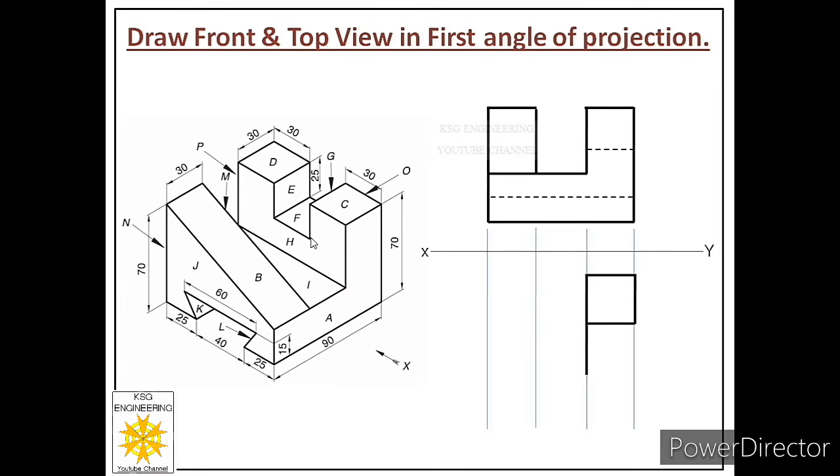And from this point we have to move towards the right to complete this hidden edge. But from the top it will be visible because this is just below this edge. So how much is this length now? It is 30. So from this point we will draw a 30 millimeter length. Then we will complete the last width of face F, this width, by drawing a straight line. Now we are ready with the drawing of face F as well.